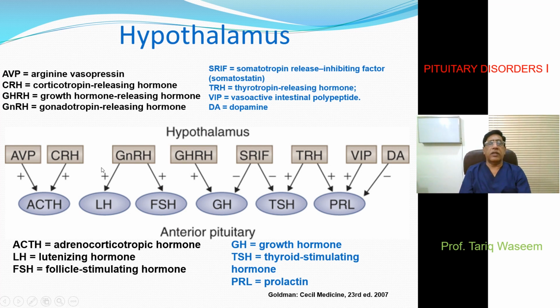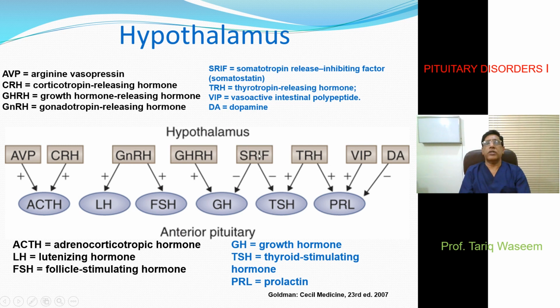Similarly, the other hormone released by the hypothalamus is corticotrophin releasing hormone, with a cortisol-producing effect onto the adrenals, but from the pituitary, the hormone that is released is ACTH. So it is a stimulatory or positive effect. Then there is gonadotrophin releasing hormone, which on the pituitary leads to release of luteinizing hormone, and it also leads to release of follicle stimulating hormone. Then there is growth hormone releasing hormone, again having a positive effect on the growth hormone released by the pituitary.